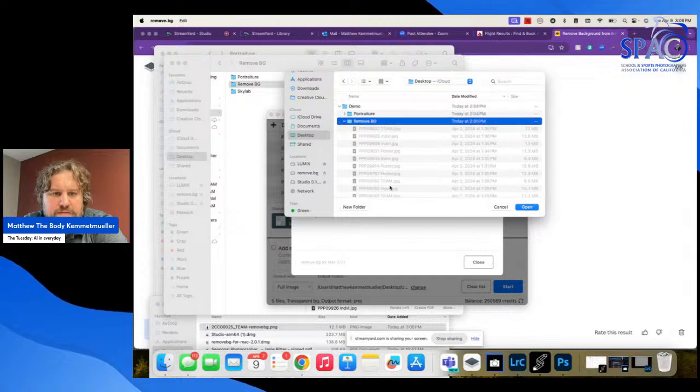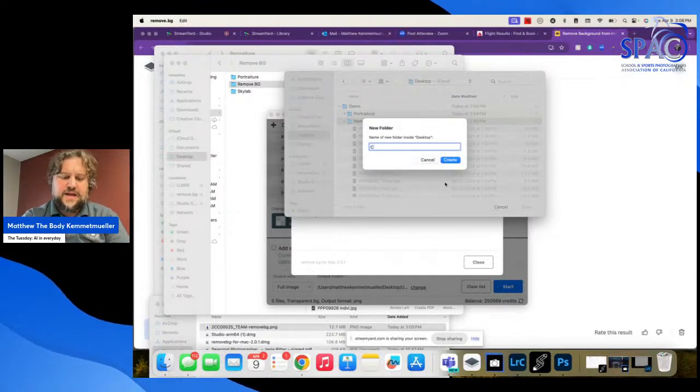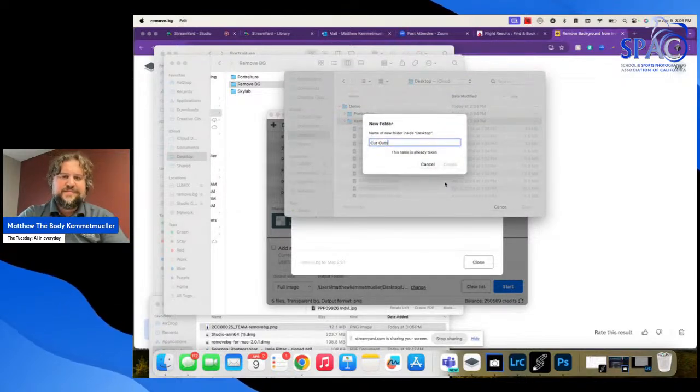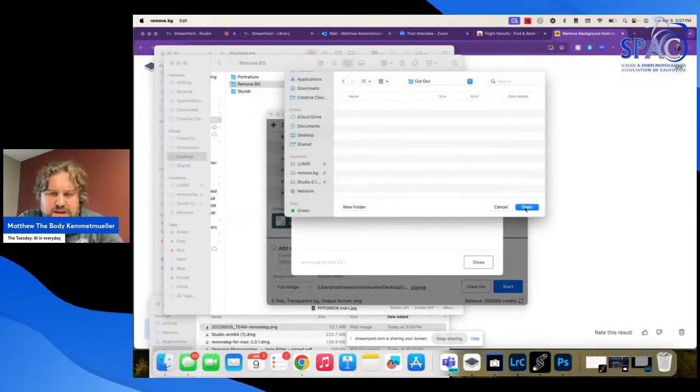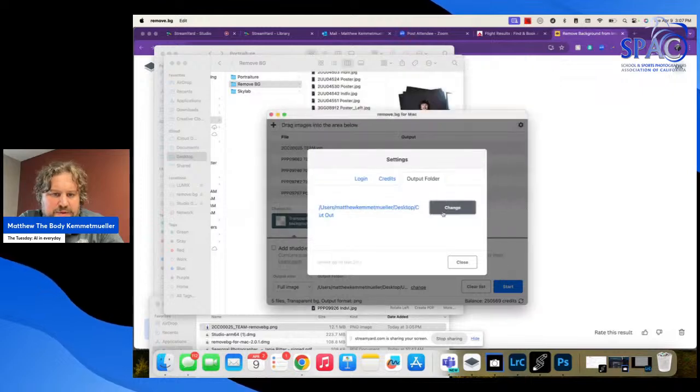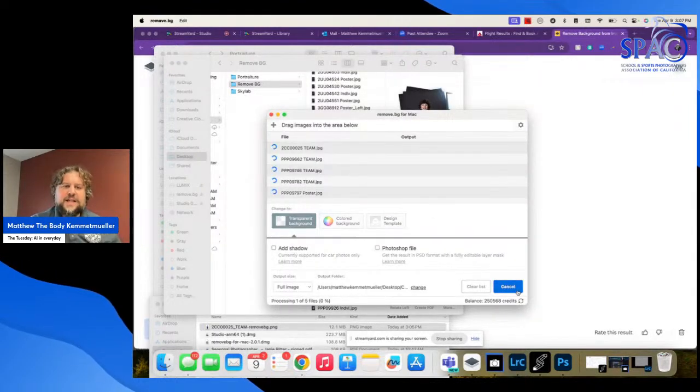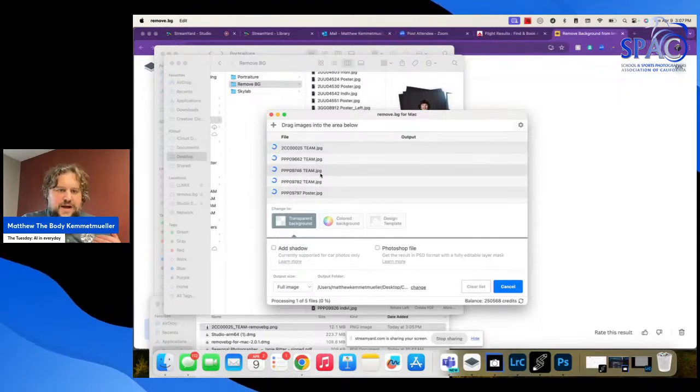You can make a new folder, call it cutouts. Make a cutout folder in there, open it up, save it in there, close. And it actually allows you to just go boom, and it starts rolling through all of the cutouts for you